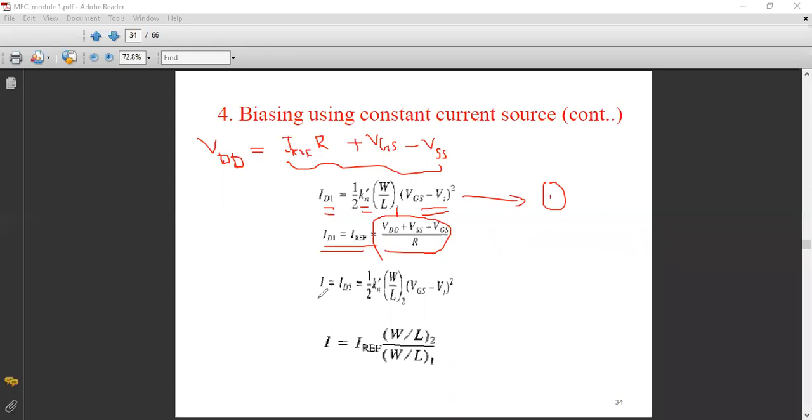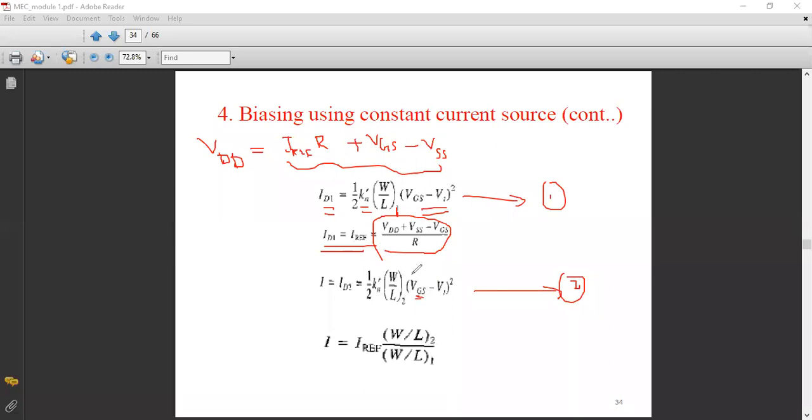Now, coming to the second transistor Q2. Similar to equation number 1, you can write the equation for ID2 as half Kn dash W by L2 times (VGS minus VT) the whole square. Here, since it is a current mirror circuit, the two transistors are identical and the threshold voltage is assumed to be the same. Therefore, I have not indicated VT1 or VT2. Simply I have written VGS minus VT the whole square. But aspect ratios can be different, so W by L1 and W by L2. And again, VGS is also the same.